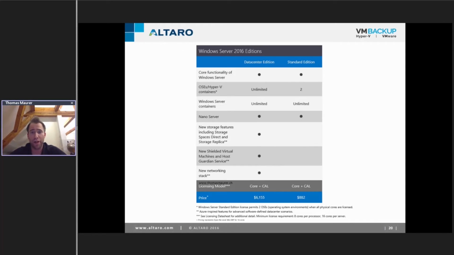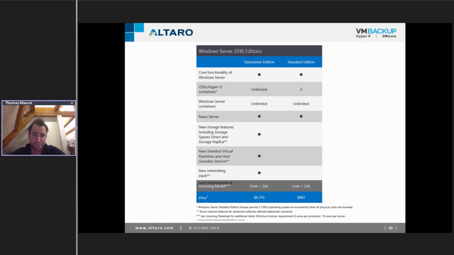And one of the biggest ones is that you still have a Datacenter SKU and a Standard SKU. But in 2012 R2, both SKUs had the same features, right? Except for one: automated virtual machine activation only worked on a Hyper-V host running Datacenter. That was probably the only real feature that was different. So you had the same live migration, the same Active Directory, basically all the same features and roles available in both SKUs, right?